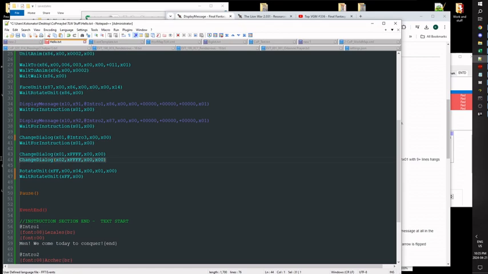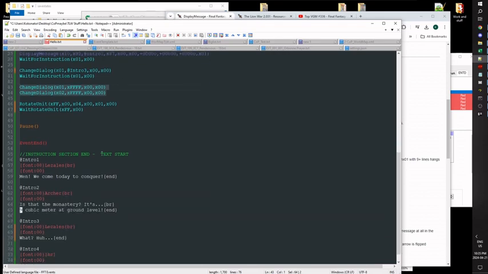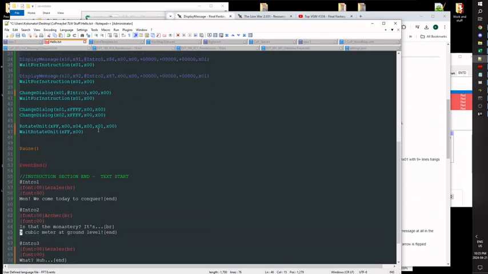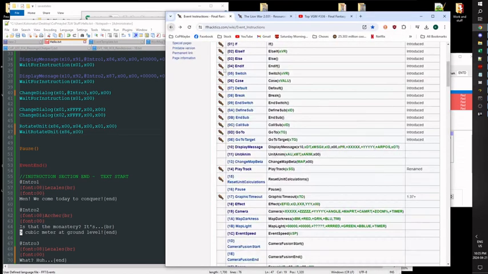And those change dialogue with FFFF just mean that the text box will close upon reaching those commands. So both text boxes will close, and then our unit will try to rotate. So never forget his ID, never forget await rotate unit. And if we look at the command online,